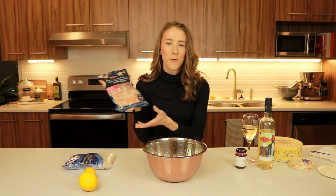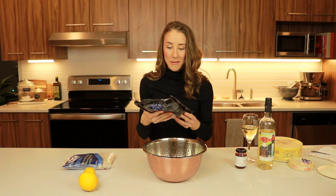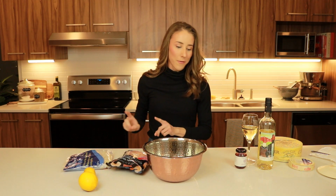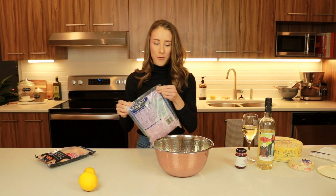These were sitting in my freezer for a while. I just never really focused on whether or not they were cooked or not. But today, pulled them out of the freezer and they're cooked. So we can't really marinate those, but we'll marinate the bay scallops and keep them separate. Moral of the story,